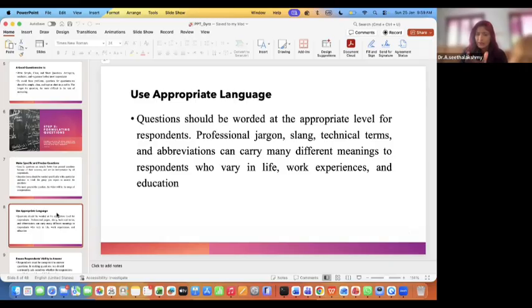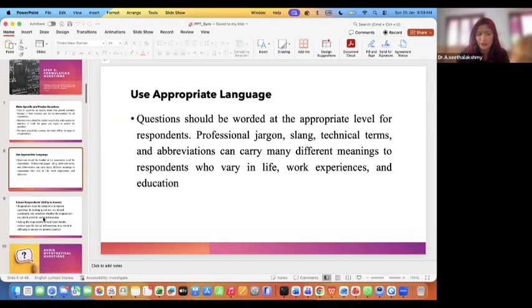So use that slang, that technical abbreviation, that language. Or if I develop a job satisfaction scale, make sure that the questions you are asking are appropriate to that level of employees. Employees, again, are categorized. Or if you ask about work experience, you need to look at whom you are asking and how to ask. So please use appropriate language when you are developing. That is another major thing you need to look into.